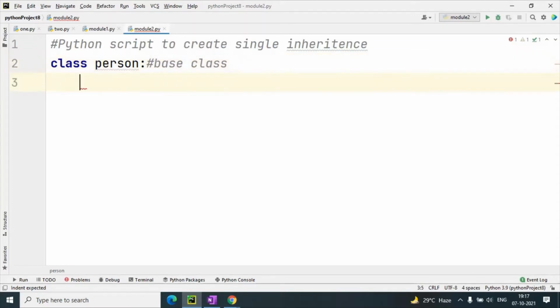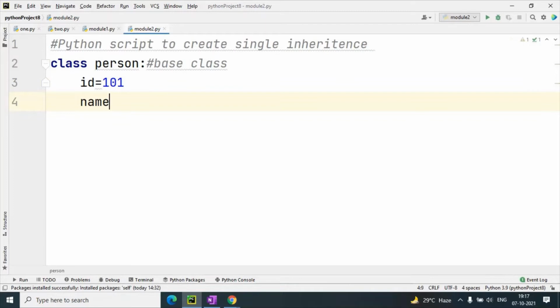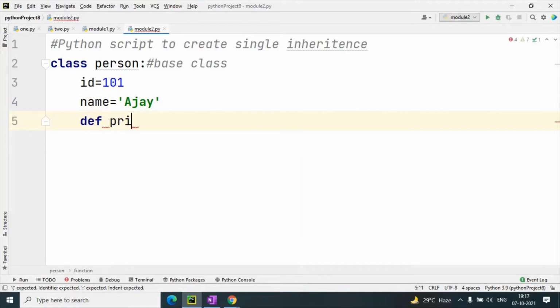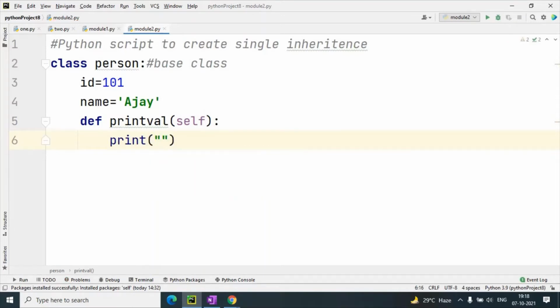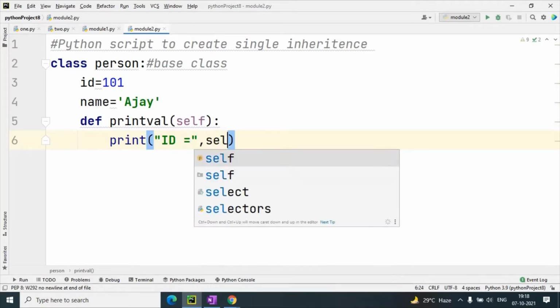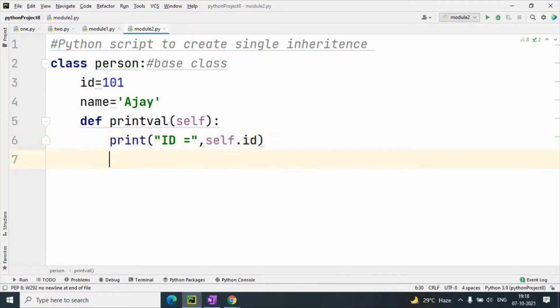This is the base class, and in this base class I have taken id, suppose 101, and name, suppose I have taken the name Ajay, and I have taken one method, that is printval, and simply I print the id, self dot id.